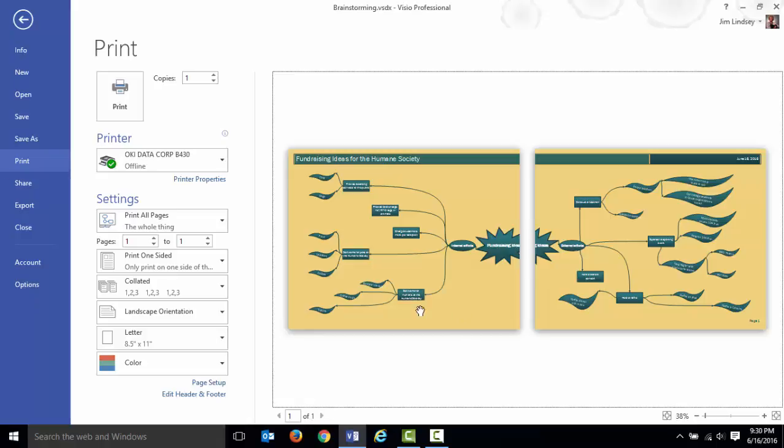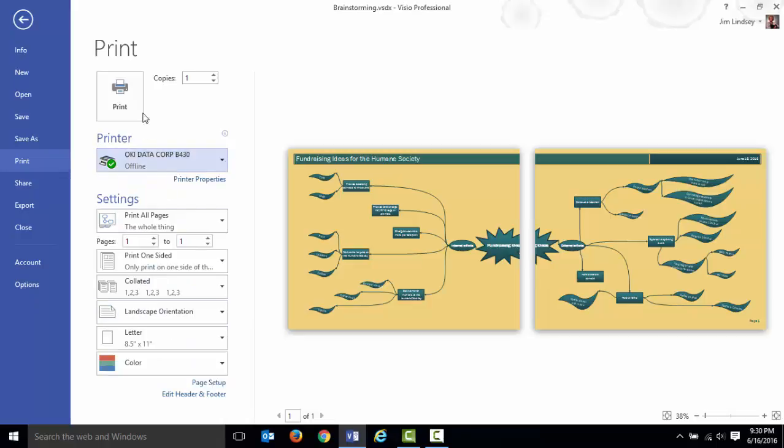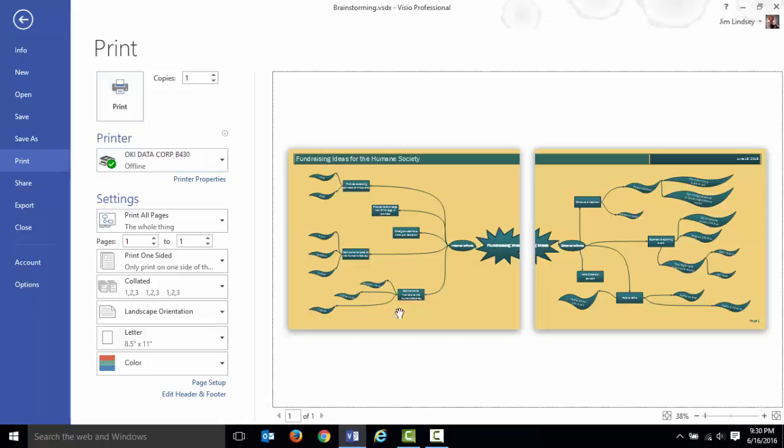Now, how would you print it through your printer? Well, you would select whatever printer you're going to use, and then you would hit the print button to send it to the printer. Obviously this is going to break over 2 pages, so that's not real attractive. I want to show you that there's a way to save this document as a PDF document as opposed to